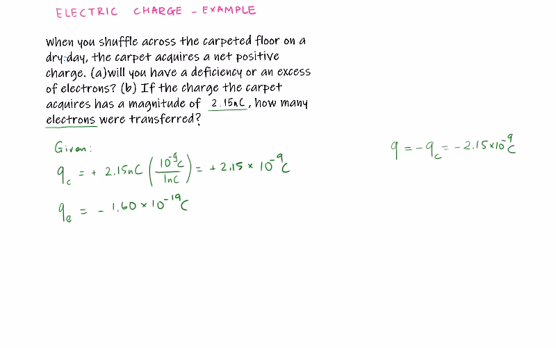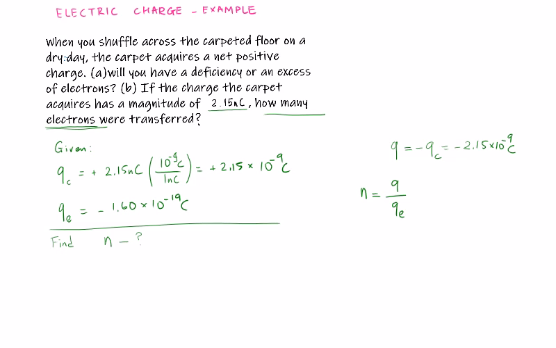So the next thing, what is it asking us to find? The charge the carpet acquires has the magnitude, how many electrons? So we're trying to find the number of electrons. I'm just going to call it N. Okay, so how do I find the number of electrons? I take the number of electrons equals the net charge on you